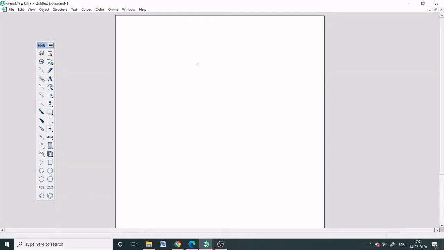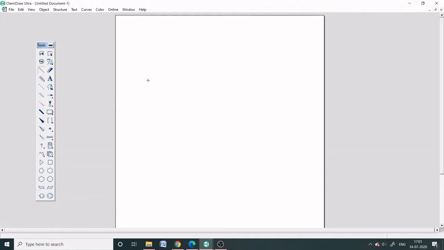Now we will draw a simple organic molecule, for example n-hexane. We have to draw only using the single bond for that. Here is the tool palette. First we have to select the single bond tool.